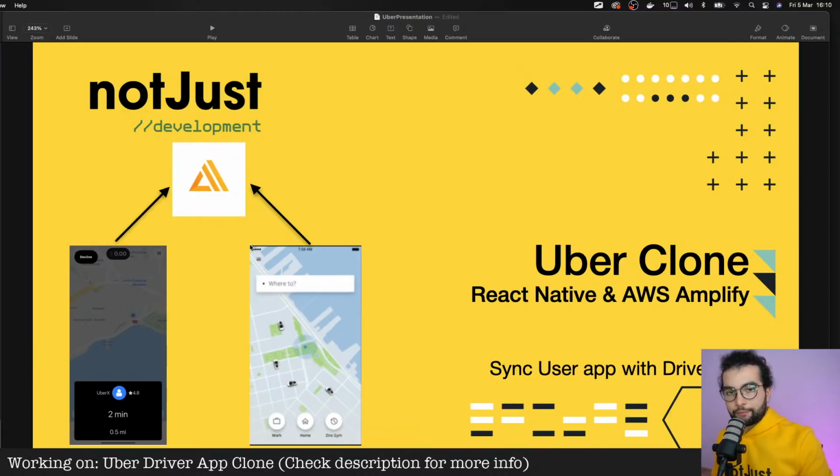This is the last episode in our series. Today we're connecting everything to the same backend, exchanging data between two different applications, a user application and a driver application. We will have real-time sharing of location between the driver and the user, and a lot more interesting stuff.